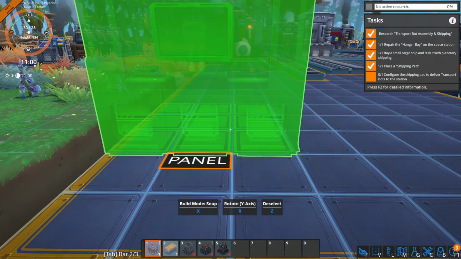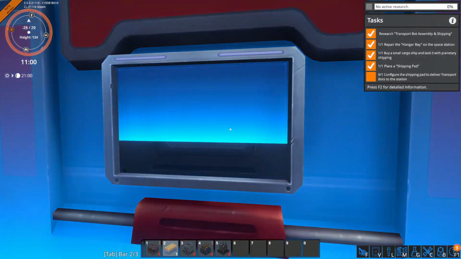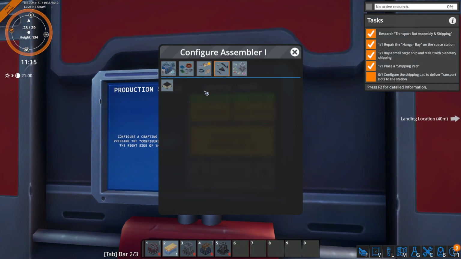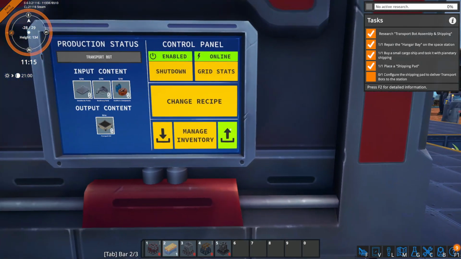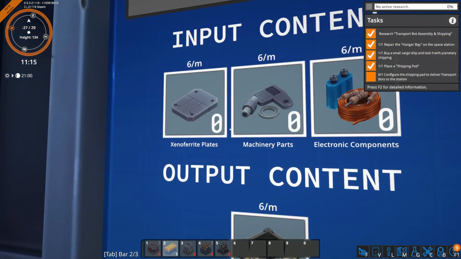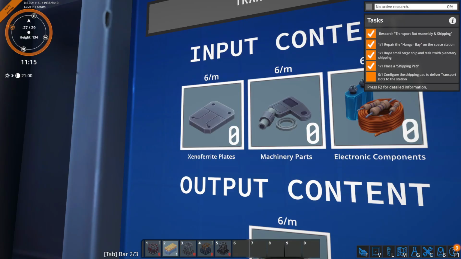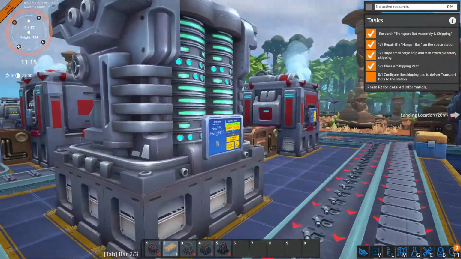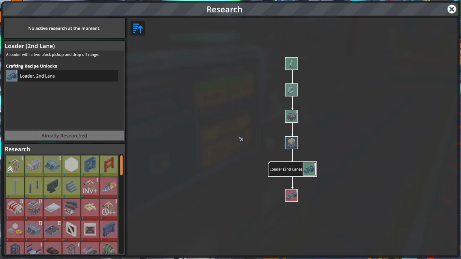Like I said, let's just pop this here for 1 second. I want to make this guy. I need a plate. I need machinery parts. And I need electronic components added into this unit. So one thing I'm going to do here, I'm going to come over and go research interface, and I want,